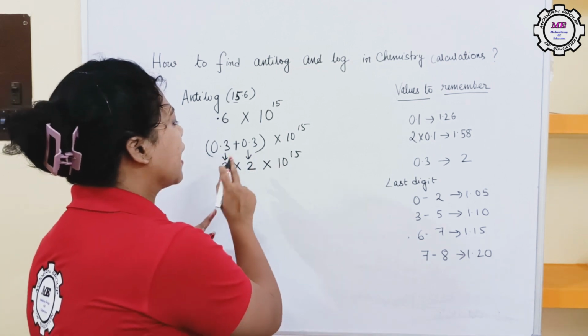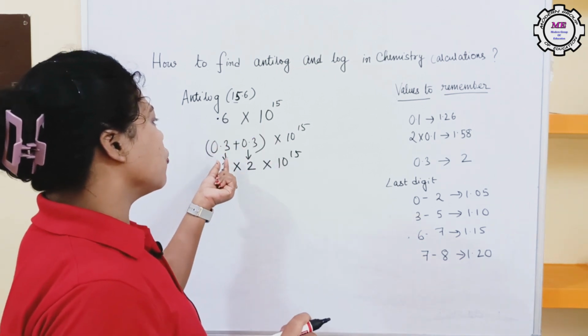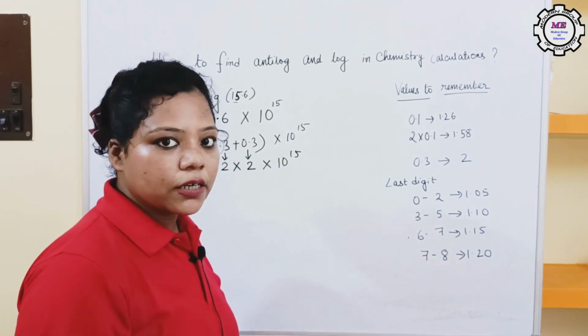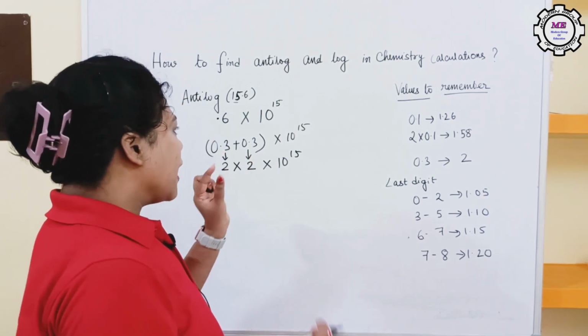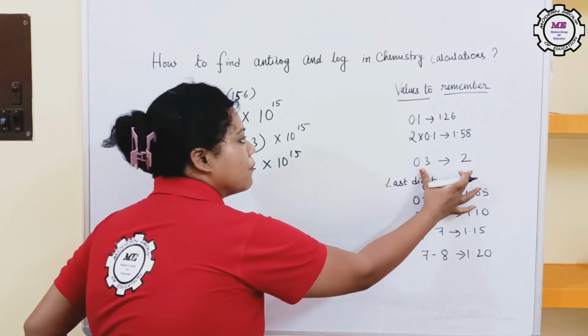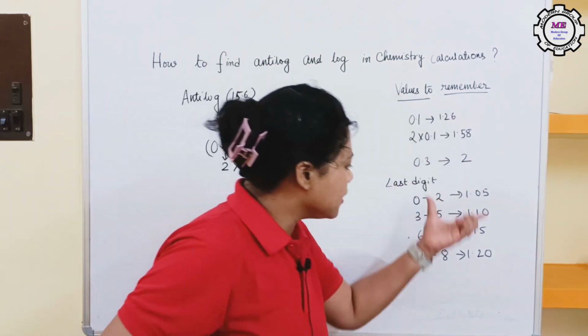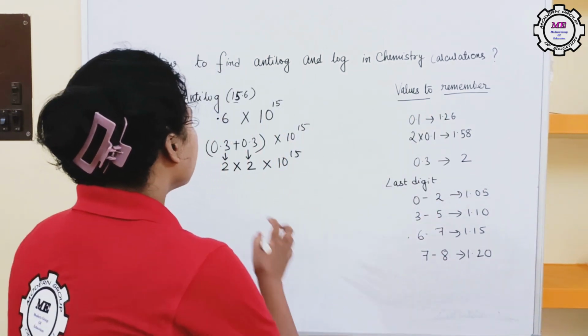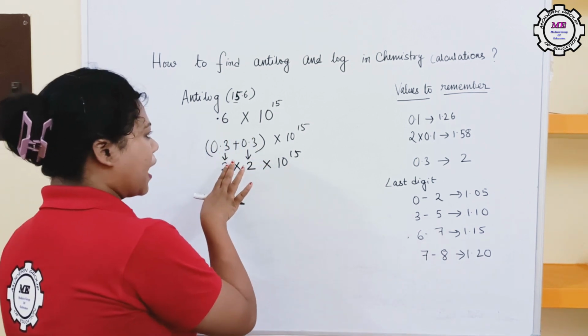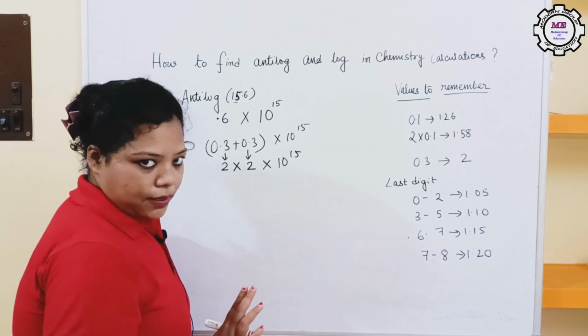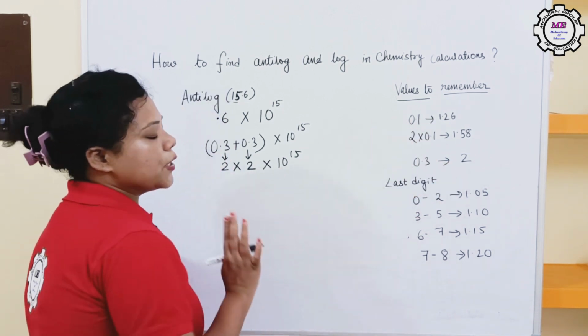All of the time I will write plus. For your convenience you can write 0.3 into 2, that also can do, but most of the time you have to use positive, means you have to add and make certain values that come under the table. So I have taken 0.6 as 0.3 and 0.3. If you add those, you will come to 0.6, because there is no such value as 0.6 over here.